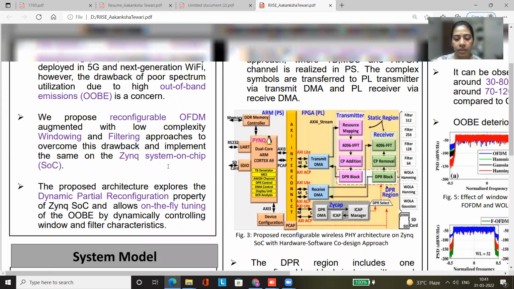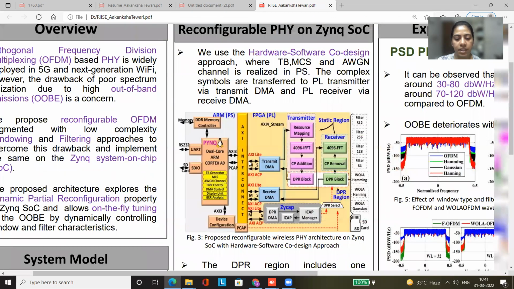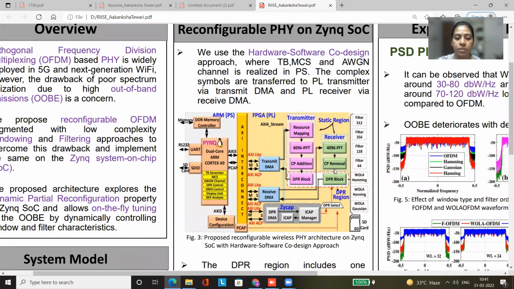Our proposed reconfigurable architecture on Zynq SoC is made via the hardware-software co-design approach, where some of the blocks are implemented in PS and the other blocks are implemented in PL. The complex symbols from the output of the MCS block in PS are sent to the OFDM transmitter in PL via the transmit DMA. Resource mapping, 4096 IFFT, and CP addition blocks comprise the static region in the PL,